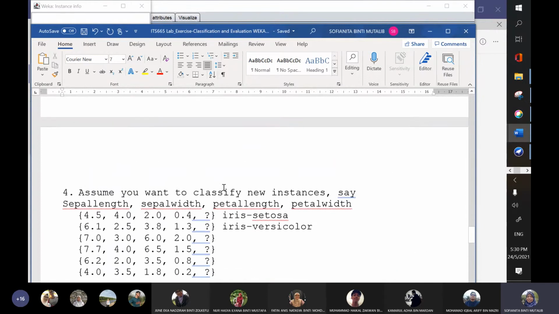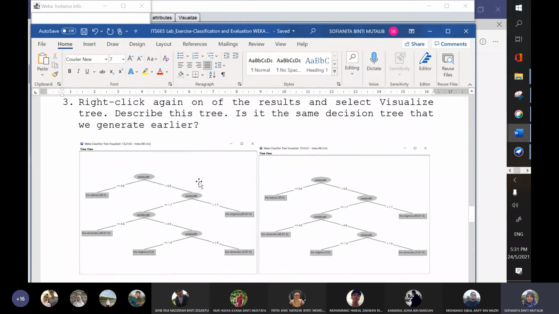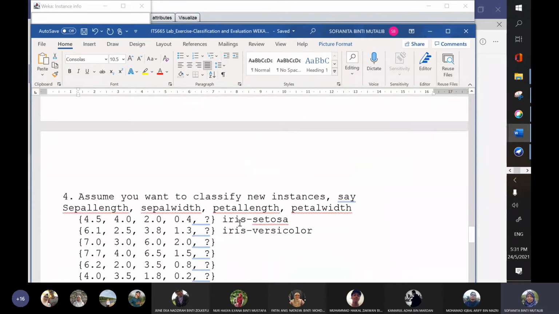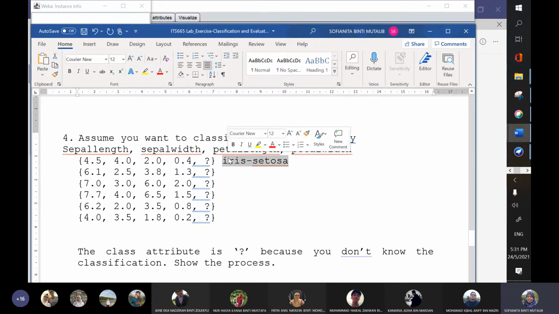Imagine that you have this tree, and you agree because you are having the same tree generated here, so you agree this is common, or will be the best knowledge to represent the data set. So now how are you going to do this one? Tak bagi jawapan dah ni. How are you going to do this one? Using the tree. Okay, very good.